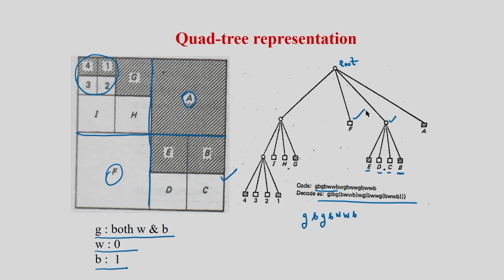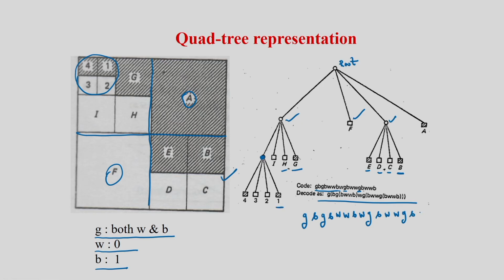After this, if I consider this region, this is completely white, so I am considering it white. This is white. After this, if I see this node, that is the gray, because it contains both black and white, so that is the gray. And in this case, you can see first I have the black, so this is the black. After this, the white. After this, the white. And if I see this node, it contains both black and white, so that is why I am writing gray. So this is the gray, and in this gray node I have the black one.